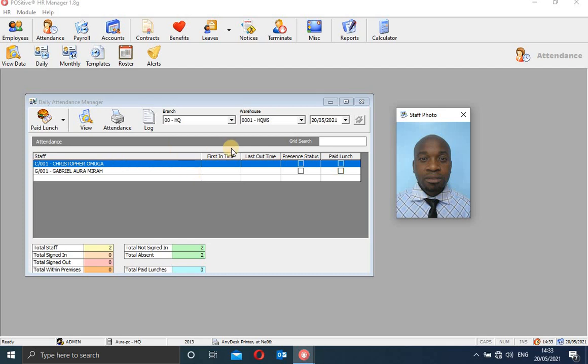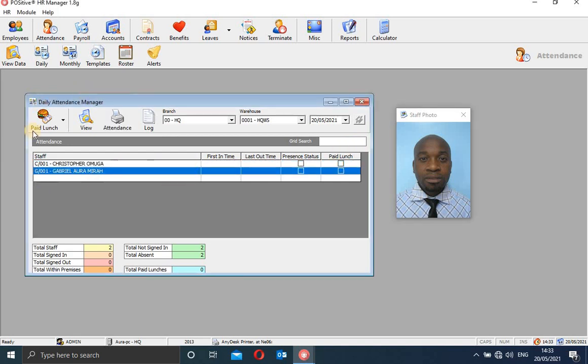So you'll be able to check here the attendance, first time in and then first time out. Then present status, the system will put a tick if he's worked for 8 hours, and then paid lunch, if he took his lunch, also the system will put a tick there. Likewise also. So this is where you can check all the attendance in every different branch.